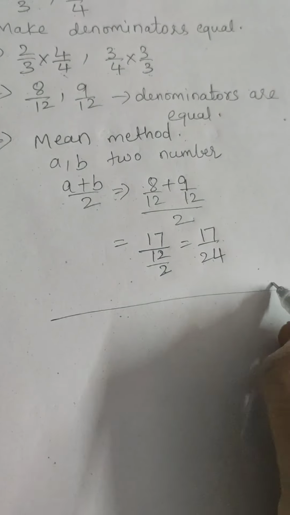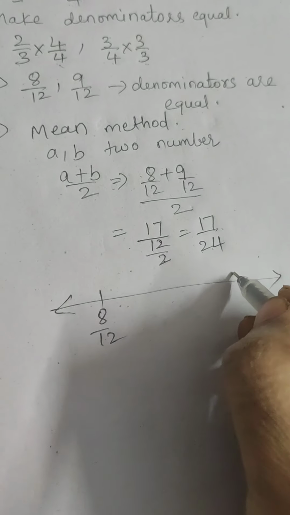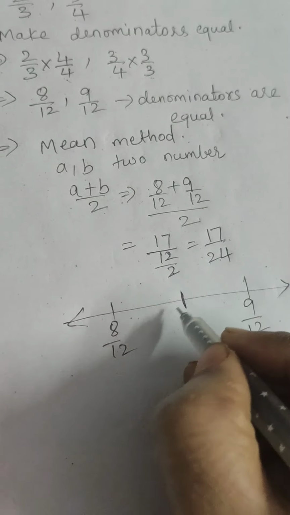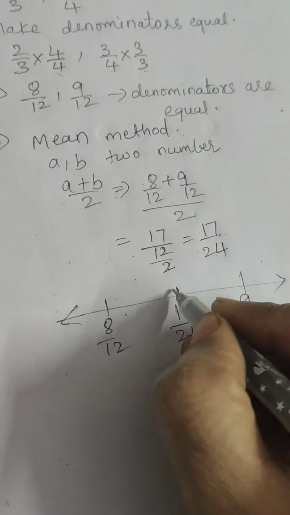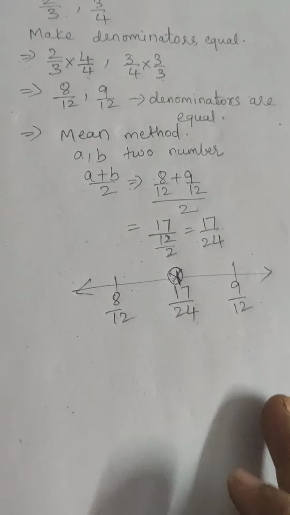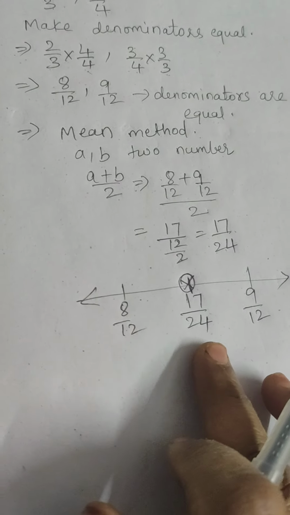Therefore, between 8 by 12 and 9 by 12, the rational number is 17 by 24. This is the way we can find one rational number if we need. Even, we can go for another method,